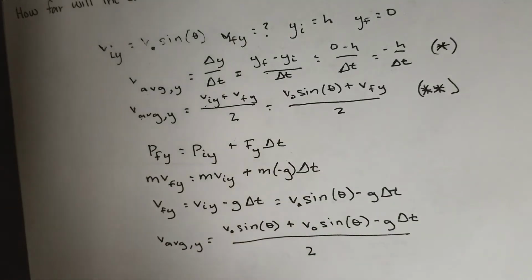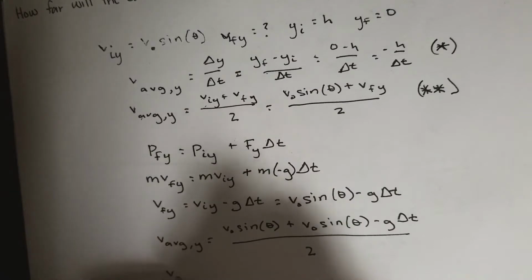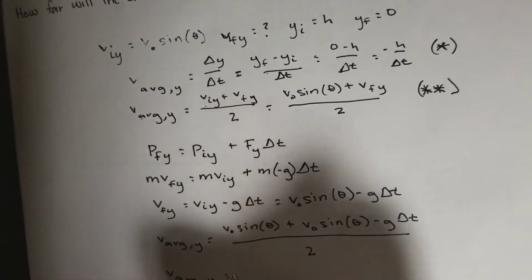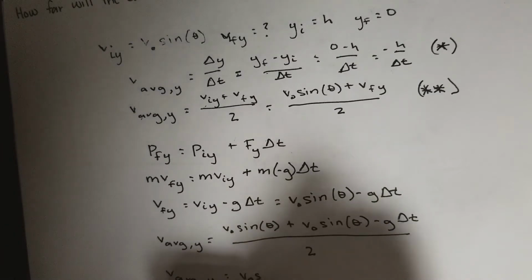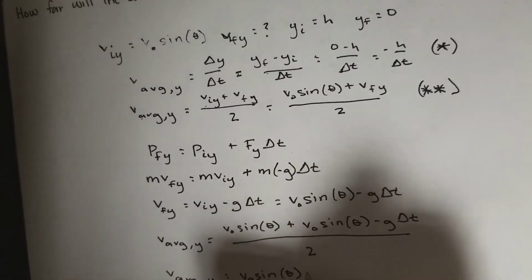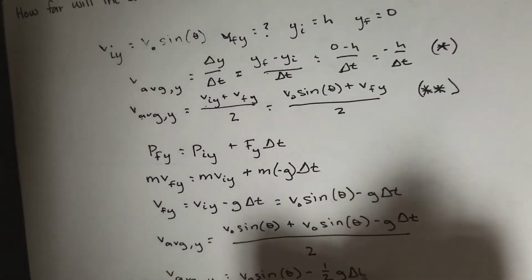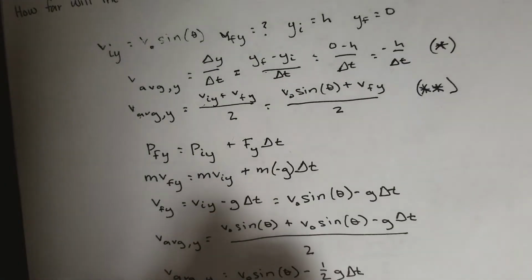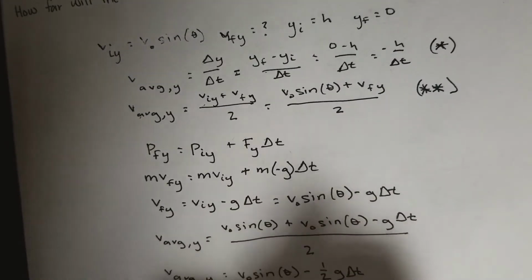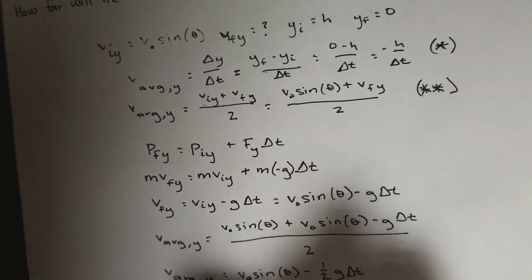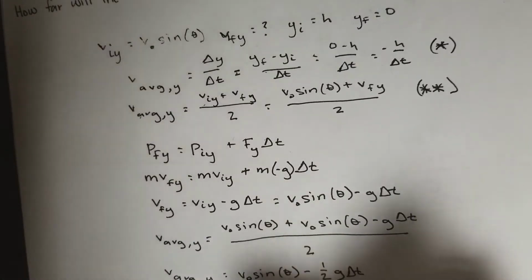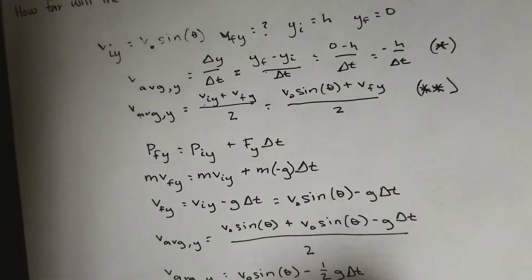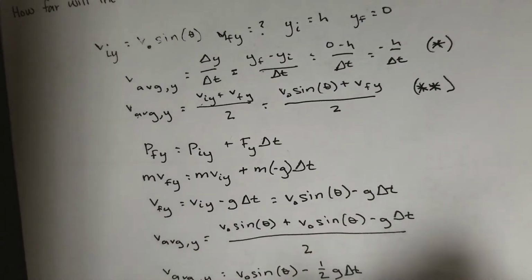And then from there we solve for that, and we get that the v average in the y direction is equal to v naught sine theta minus 1/2 g delta t, which we then plug into 1 star, and we get v naught sine theta minus 1/2 g delta t is equal to negative h over delta t,